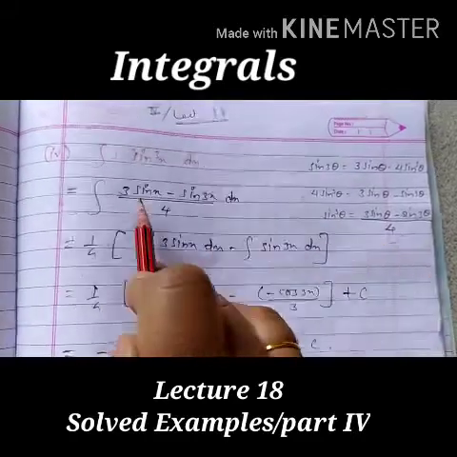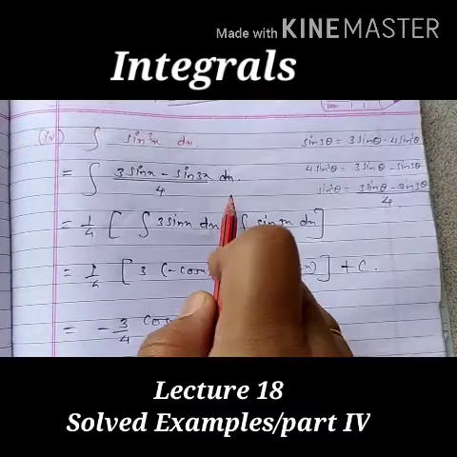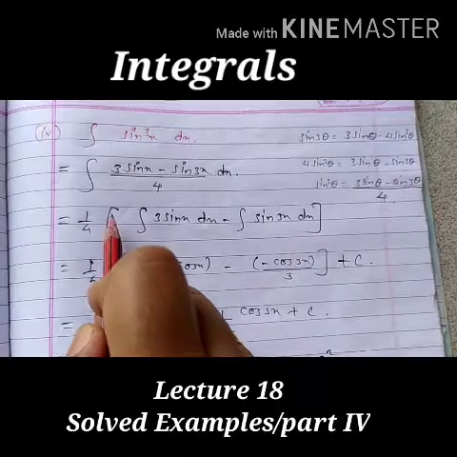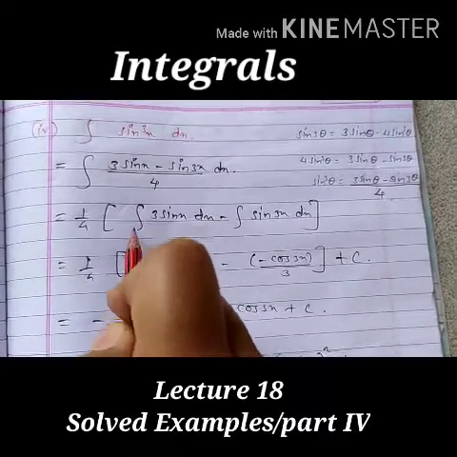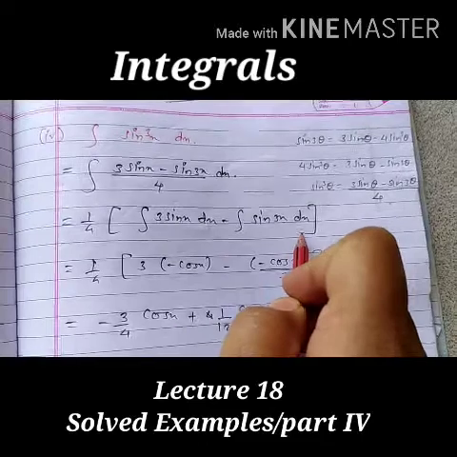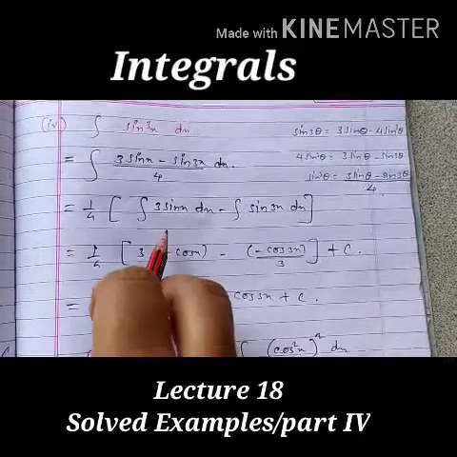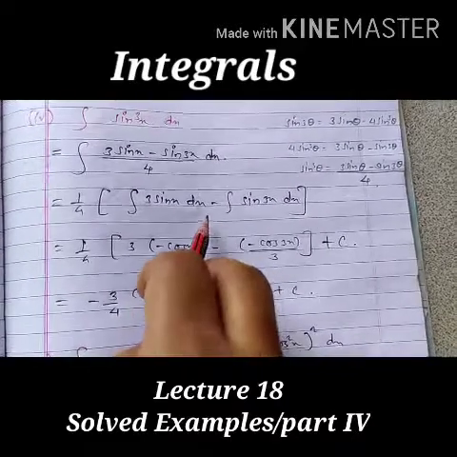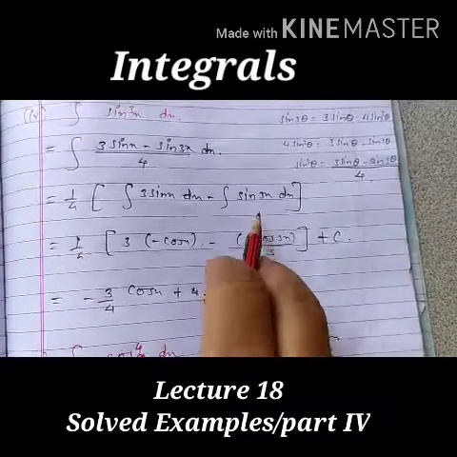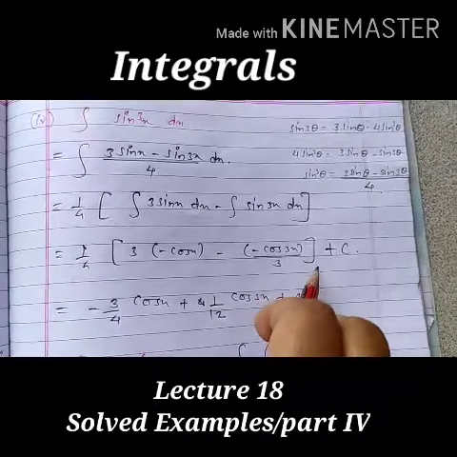Now we'll put this value here. So it will be integration of 3 sin x minus sin 3x upon 4 dx. Okay, now we'll take out this 1 by 4. So it will be 1 by 4 into integration of, we'll separate the integral as well. So integration of 3 sin x dx minus integration of sin 3x dx. Okay, now after evaluating the integral, we have 3 will take common. So integration of sin x is minus cos x, minus sin as it is, integration of sin 3x is minus cos 3x upon derivative of 3x, which is 3, bracket complete. And multiplied with 1 by 4 plus constant of integration.